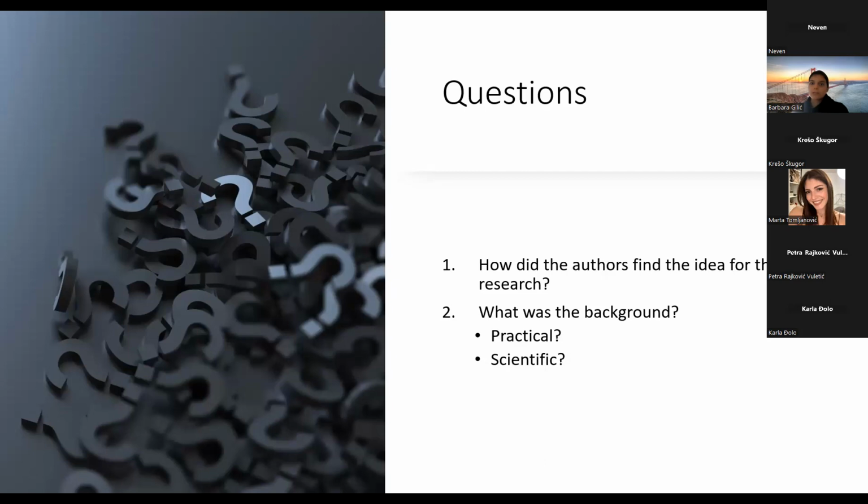The answer to this question is that the idea found the authors, because at this moment we collected some data about physical activity and physical fitness in high schools, and then lockdown happened, and then we thought, what can we do to see how those physical activity levels are dropping or staying the same during the lockdown, and how can we help to prevent the drop in the